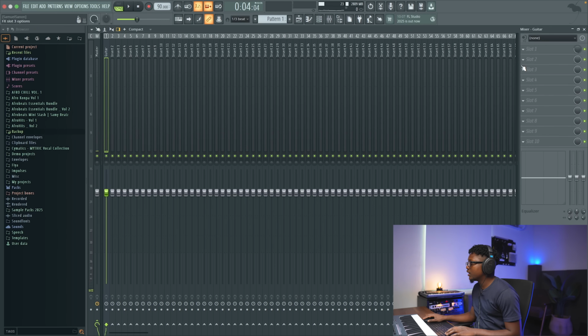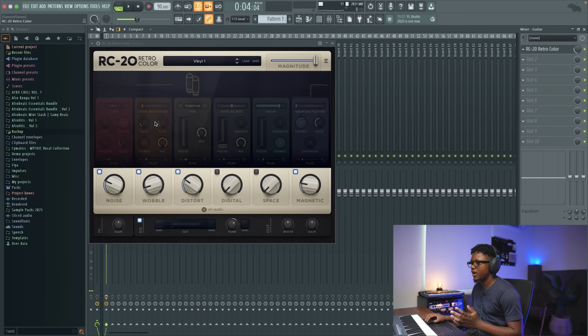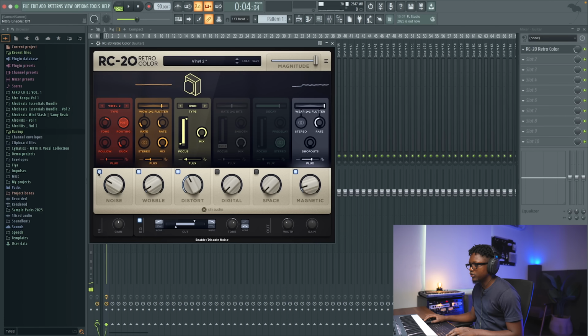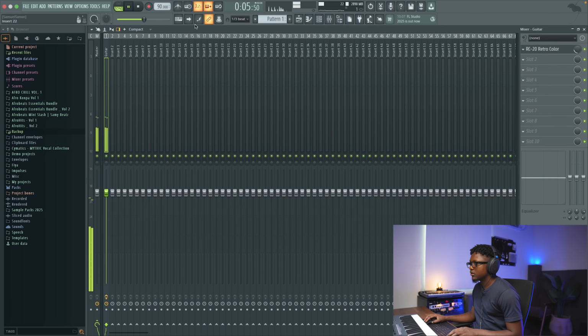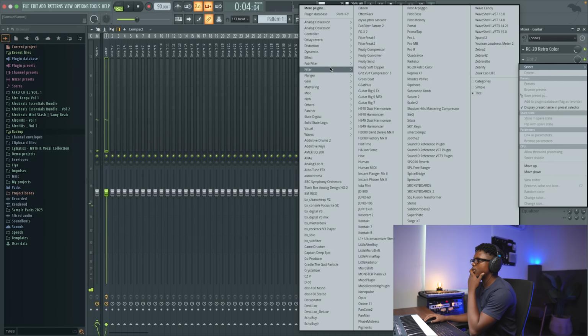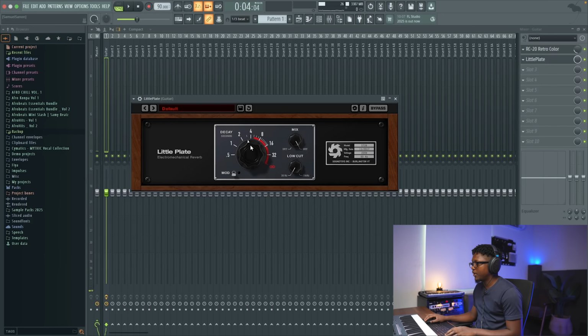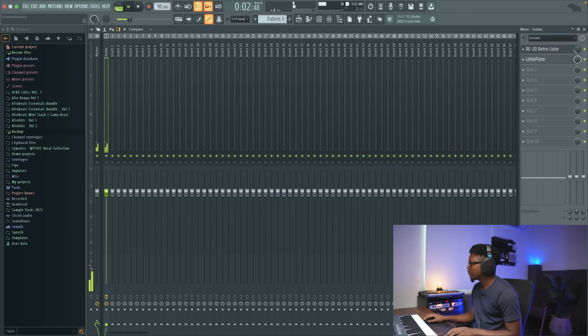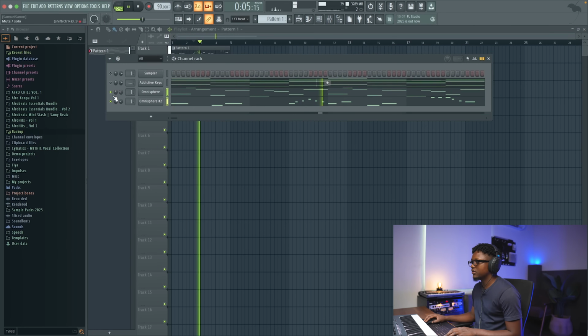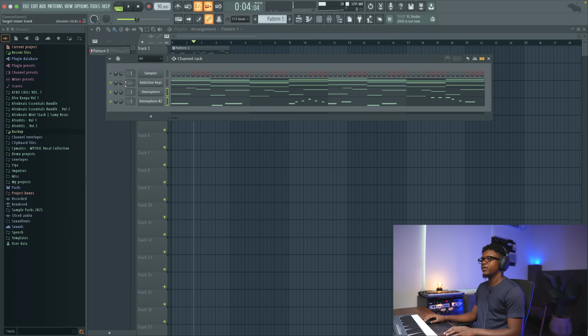Now I'm going to use the SC20 Retro Color just to add some color to it. Let's remove the noise, distort it a little bit. And I want to add another reverb. Maybe let's use the Little Plate. This is one of my favorite reverbs. I got it for free. And then now we are